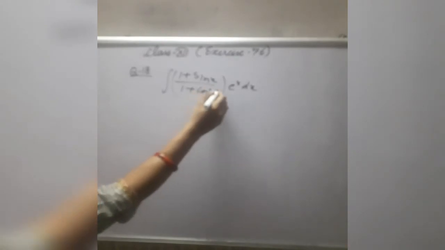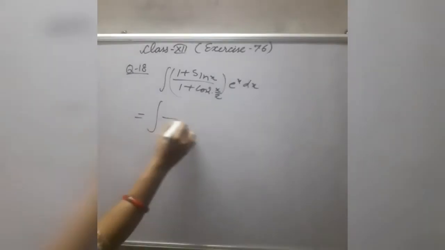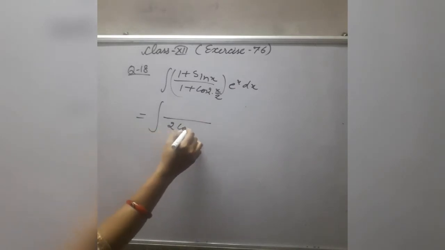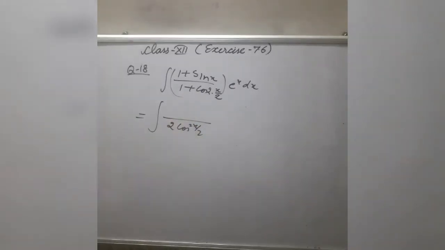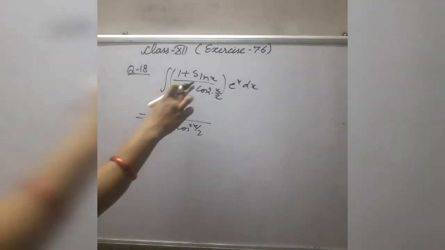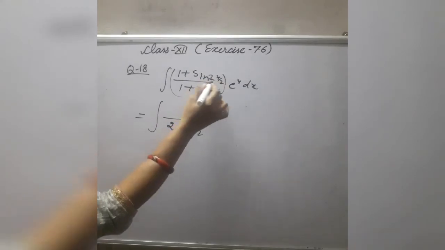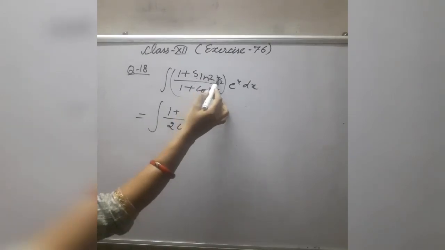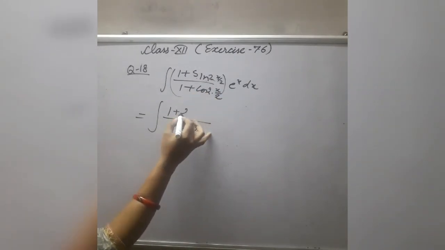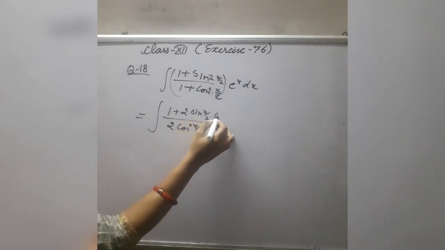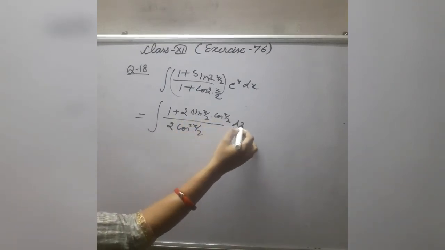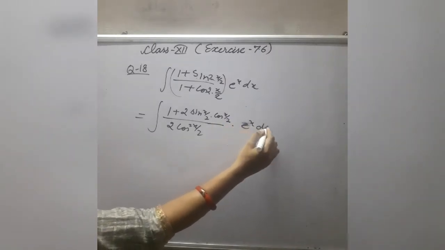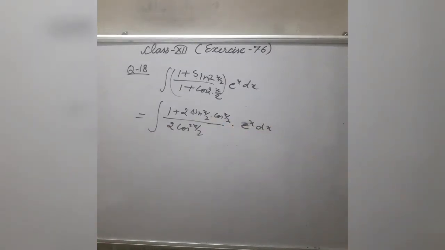can be written as 2 into x by 2, and 1 plus cos 2x can be written as 2 cos square x by 2. Here I have used trigonometric formulas, so I will not explain it in brief. All of you learn the trigonometric formulas first. Similarly, this sin x can be written with 2 into x by 2, and all of you know the formula of sin 2x, this is equal to 2 sin x into cos x. So sin 2 into x by 2 can be written as 2 sin x by 2 into cos x by 2. In the numerator I have used the formula of sin 2x, in the denominator I have used the formula of cos 2x.